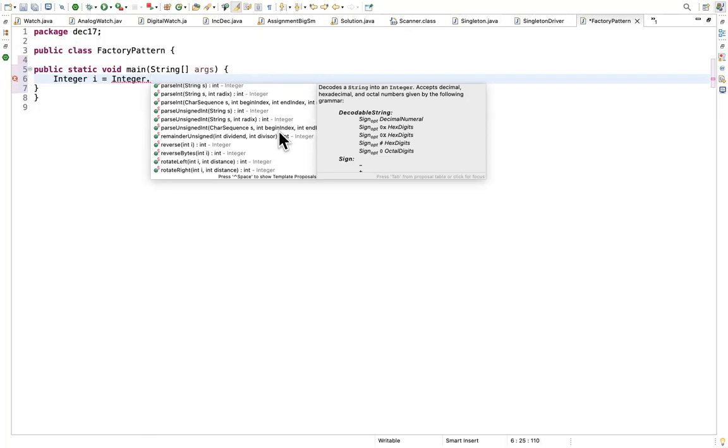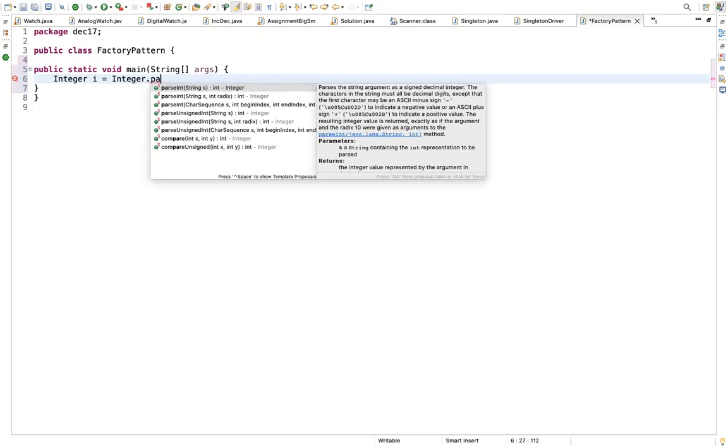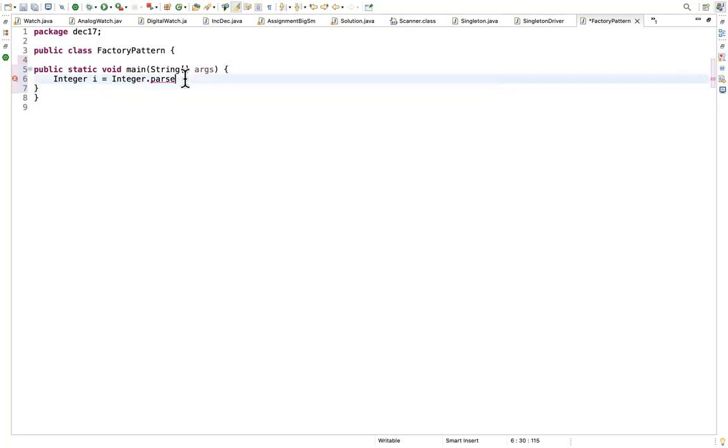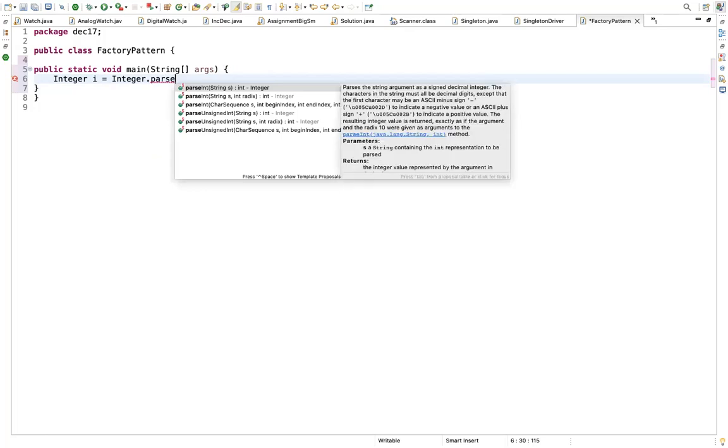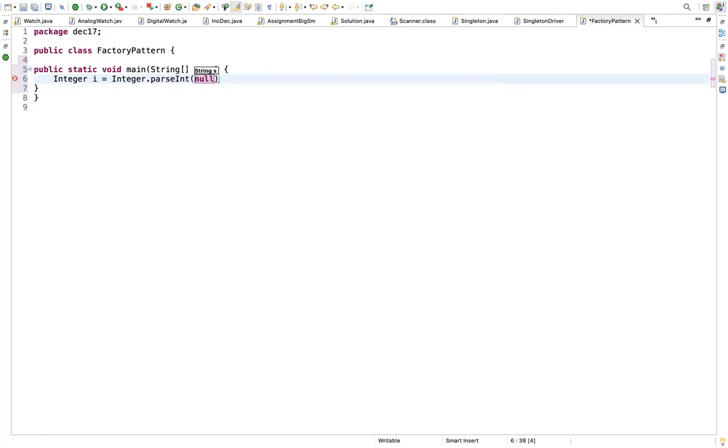You can just type parseInt, Kirba, and you can just give any string. Within the string, just give some int value. Just control space. So if you're using an editor, and if you're not pretty sure about your method names, always give the class name dot or object name dot and press control space. You'll have all your methods listed out through the editor, and within that you can use whichever you want when you start developing in a better way.